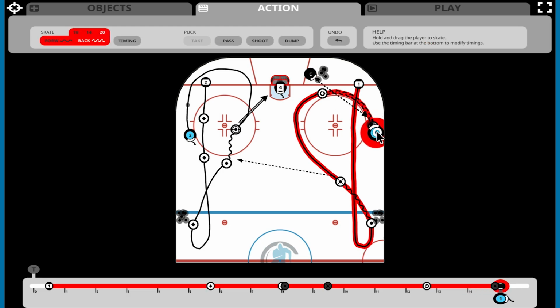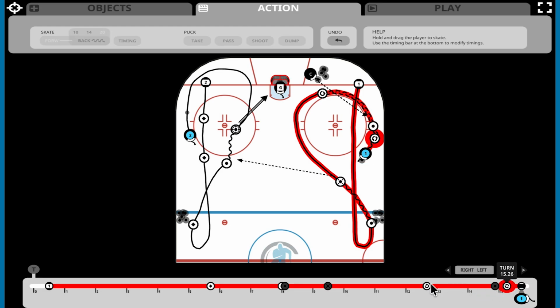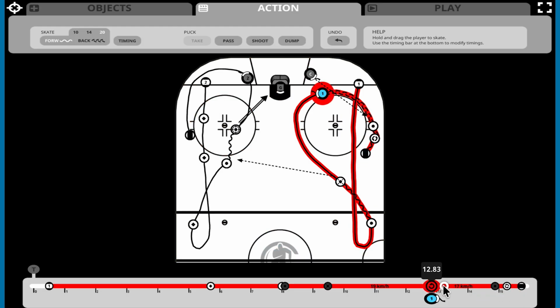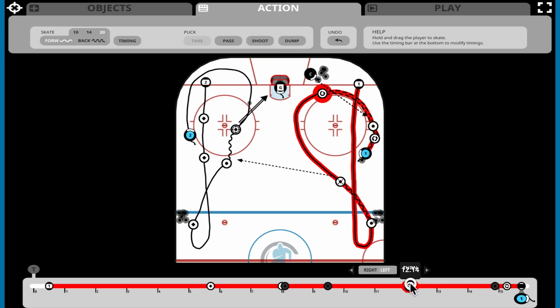Continue skating backward for a short distance before switching back to forward skating to make the movement look more natural. Notice the different timing points created on the timeline. Puck action timing points are fixed, while pivot timing points behave like other skating actions and can be adjusted to fine-tune the player's speed before and after the pivot. Now let's create one more pass.